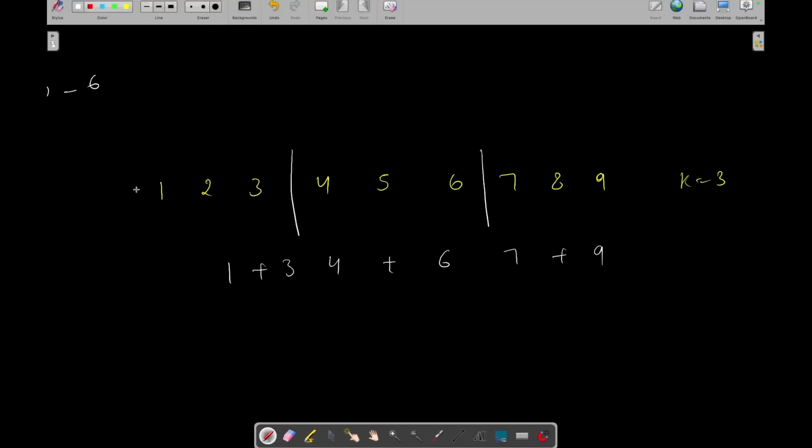Okay, so let's see, can we derive something from a bigger example? Let's say we have been given some marbles, something like this: 1, 2, 3, 4, 5, 6, 7, 8, 9. Let's see with a generalized example, and k is 3. Okay, so let's say you are dividing this in this way, one bar here, one bar here. Then what will it become? The cost will be 1 plus 3, 4 plus 6, and 7 plus 9.